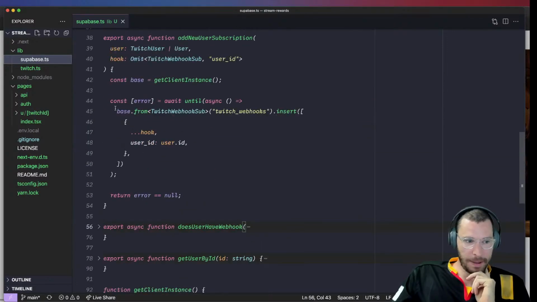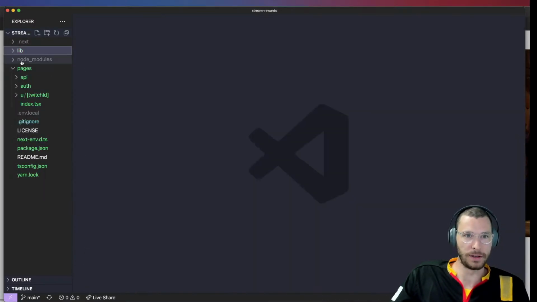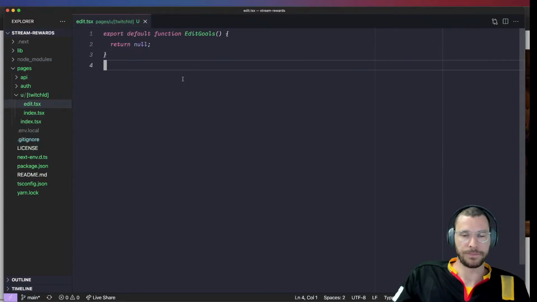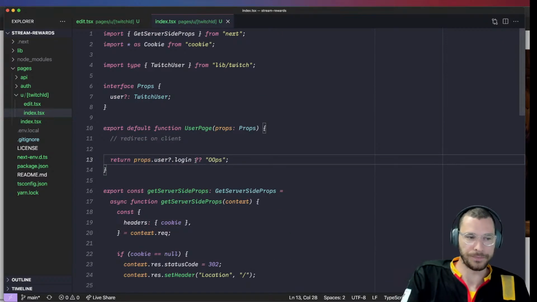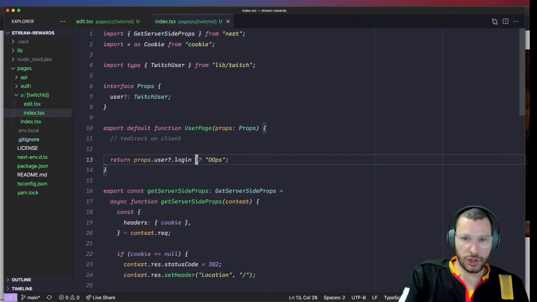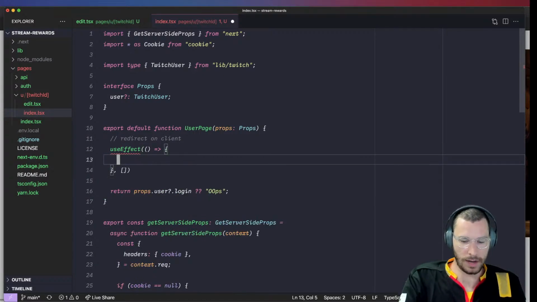So let's create a page to add those things in. Let's play with some React for a bit, because we haven't been doing that. So we have index, we have view, we have this edit page. In our index page, which already has a bunch of stuff and has a user, which we should be able to get here, if props.user is empty, for some reason, we can just return that away. So we'll just do useEffect here, this way on mount. If we don't have the user, if props.user is null,